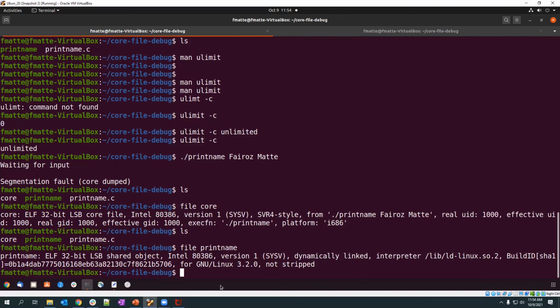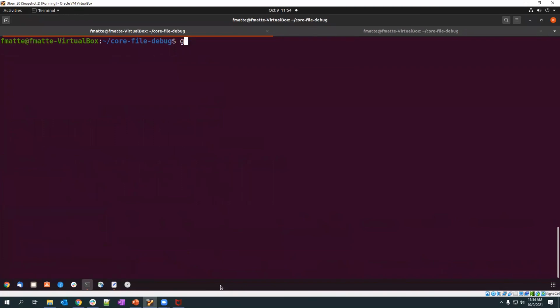Now you understood that the core file is generated and what the type of the core file is. Now let's examine our application, why the crash happened. I will use GDB to open my core file. GDB takes two parameters, the second is optional. The first parameter is the name of the application, because it has to read all the information from the application which will match the core file.